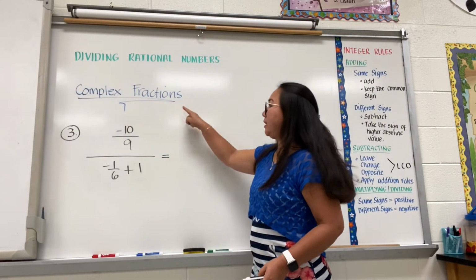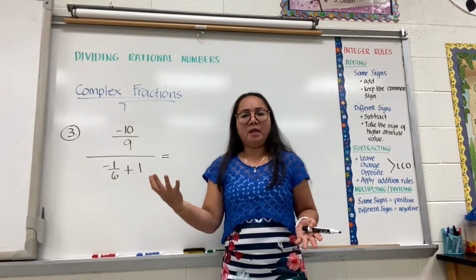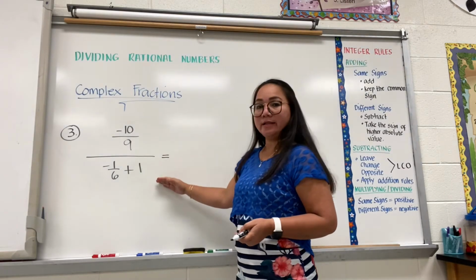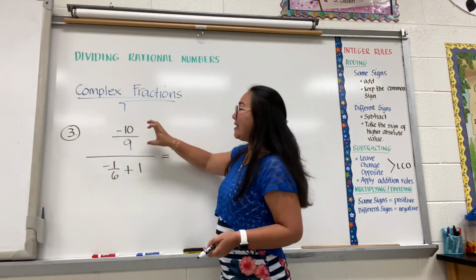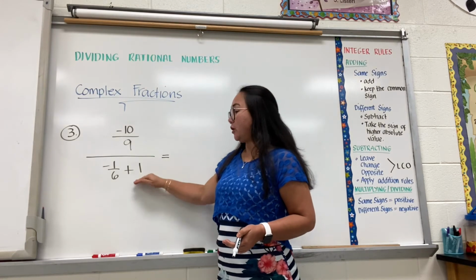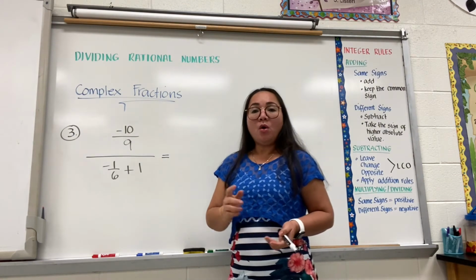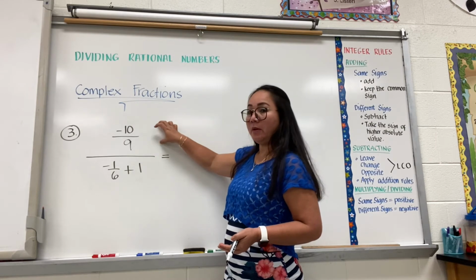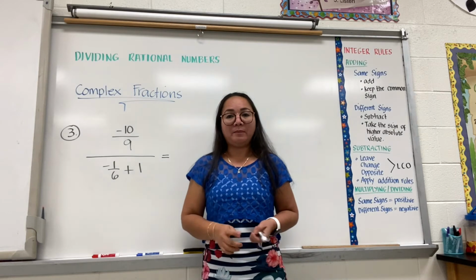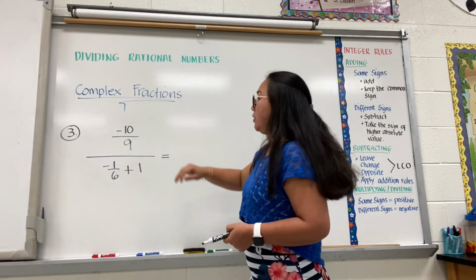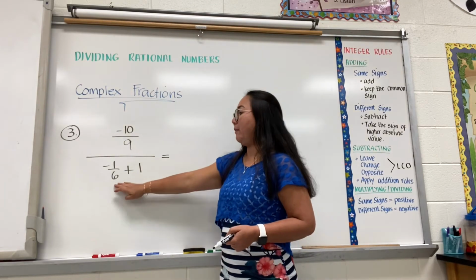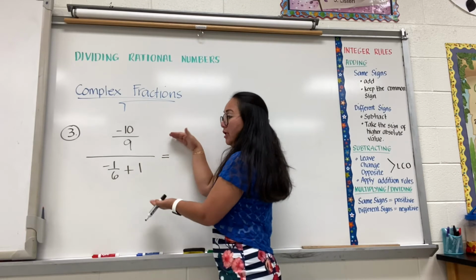Next is complex fractions. What do we mean by complex fractions? When you see a fraction that has a fraction in the numerator, or a fraction in the denominator, or a fraction in the numerator and another fraction in the denominator, that is an example of a complex fraction. In this example, we have both. The numerator has a fraction, the denominator has a fraction. So this is called